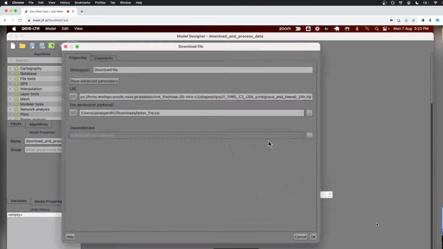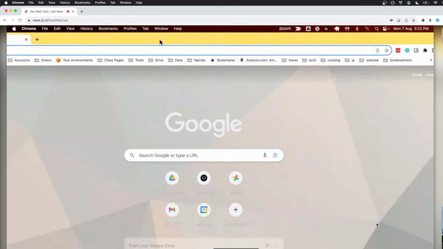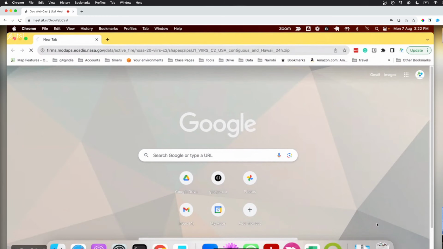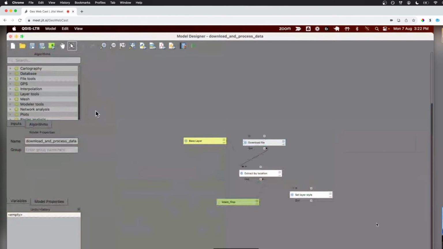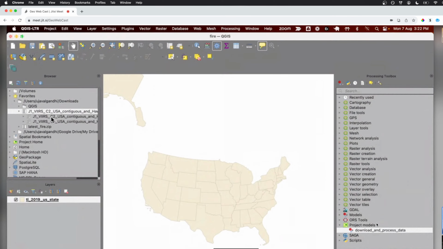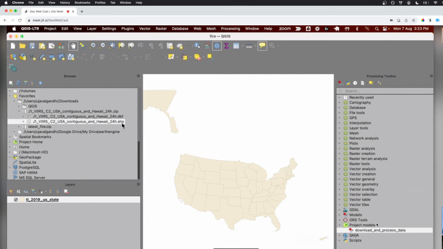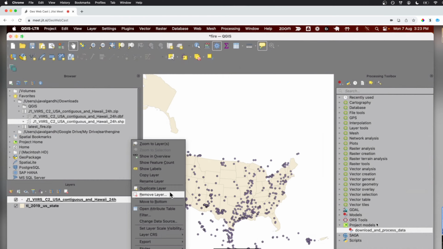So I just want to show you what this looks like. This is the URL that updates constantly and gets the latest fire count information. So if I just go here and say I want to download this, my Chrome browser has downloaded this as a zip file. Again, QGIS can read any format, so I can just throw in a zip file directly and say this is what the fire counts currently look like. Right. So if I download this, I have stuff outside of the US. It's not styled in the way I want. I want to automate all of this.